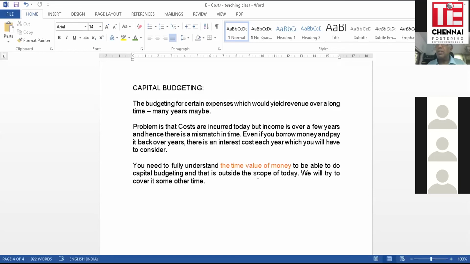Because otherwise, the danger is, for those of you who will remember in school, they used to say you cannot add apples and oranges. Sometimes we say, what are you talking, apples and oranges? You can't add them. Meaning, a rupee today is not a rupee 1 year from now, is not a rupee 5 years from now. So you can't just compare a rupee today and a rupee 3 years later and say, boss, I'm spending 1 rupee, I'm getting 1 rupee 10 paisa after 2 years, so I'm making a profit. You're not making a profit, my friend. You're making a loss, but you don't even know it. And that's where the time value of money comes in.